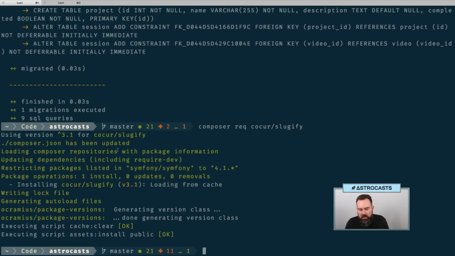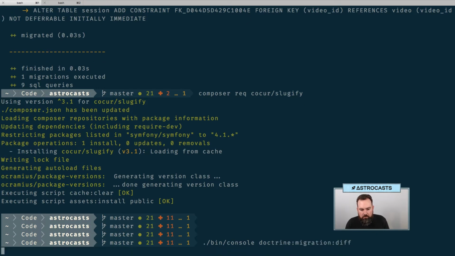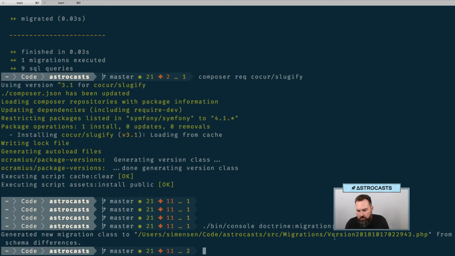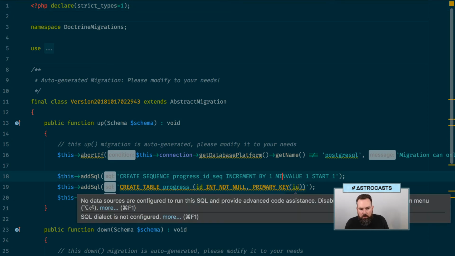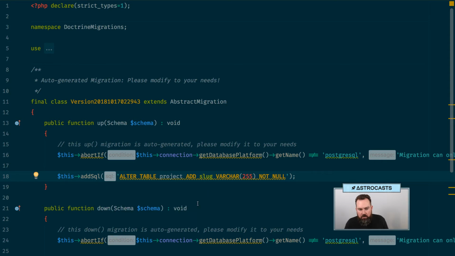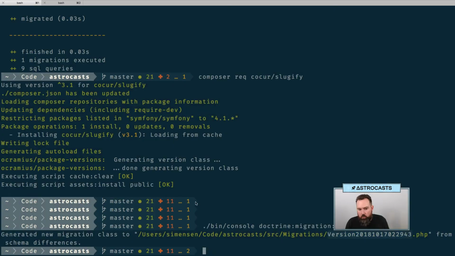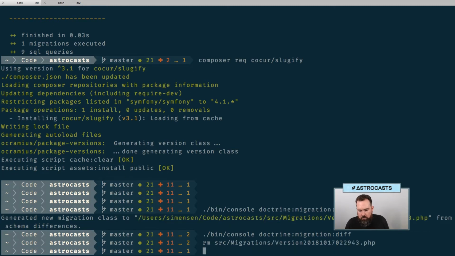Let's go ahead and make a new migration, and then check that out, see what it looks like, and clean up the mess. Get rid of progress. So add slug varchar not null. I'm going to remove this because we need to do more work on this already. RM. Because we want to make